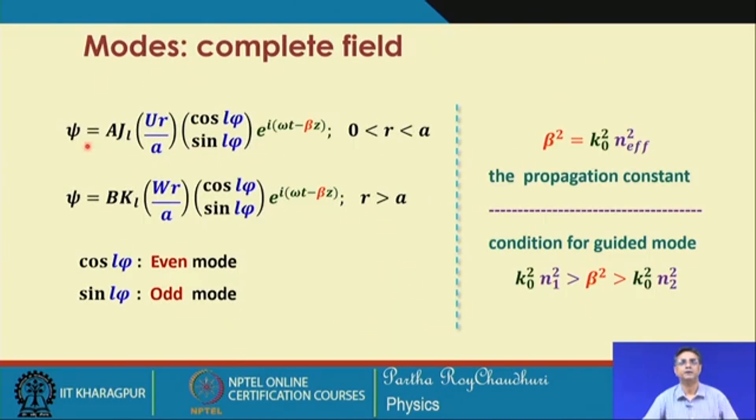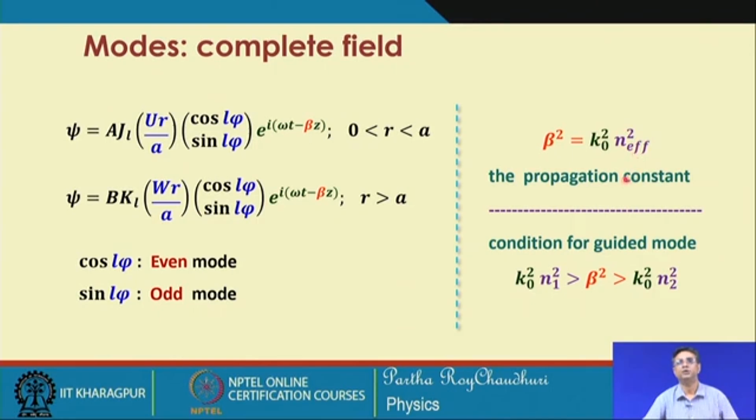So, I get these complete field solutions for the core as well as for the cladding, and this beta takes care of the continuity at the core cladding interface. We will take an example. So, this cosine L phi will correspond to the even modes, whereas sin L phi will correspond to the odd modes. Then the propagation constant beta we can also write as beta square equal to k 0 square n effective square. n effective is the effective refractive index seen by the wave which is travelling along the axis of the fiber,